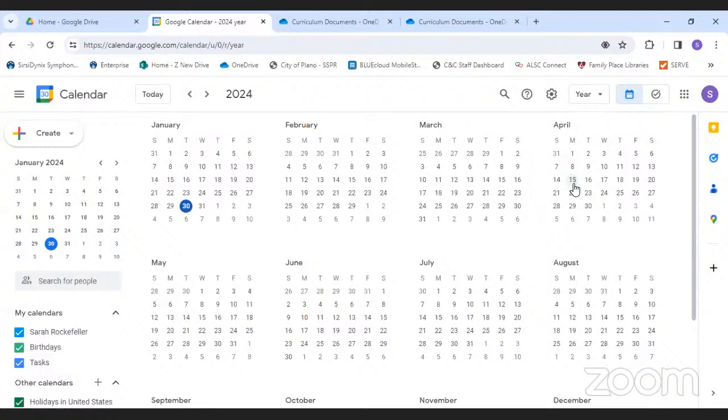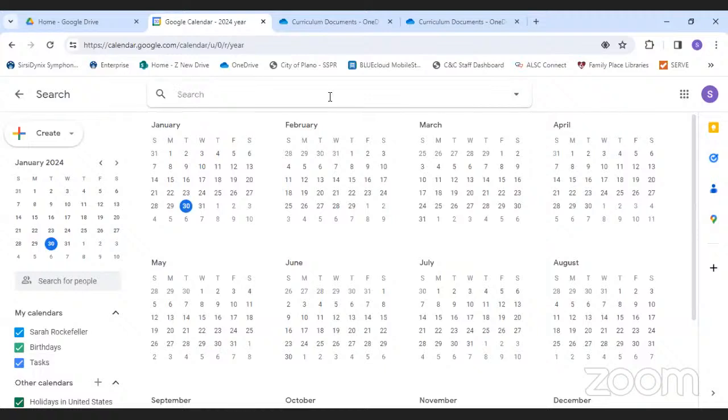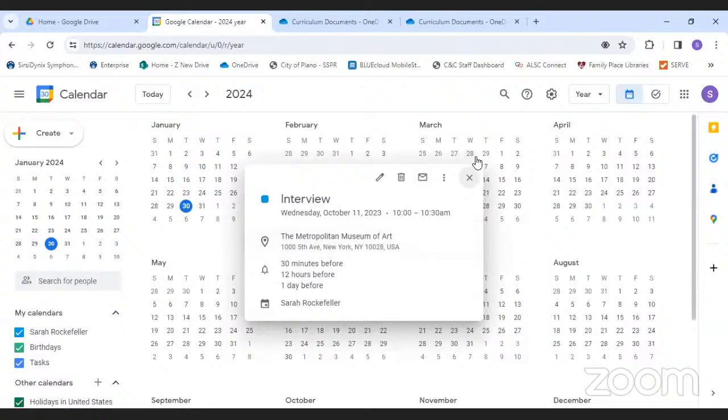You also have some options to search through your calendar. This magnifying glass is going to be your search icon, and you can use that to search for events. I can do that just by typing. So I might say, you know what, I'm looking for an interview. Ooh, I can see that I had something back in October and go to that event and see the specific